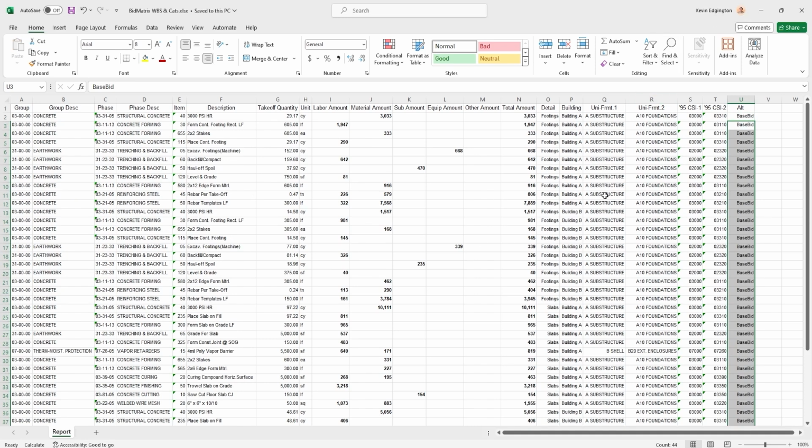So for me to be able to bring this in to bid metrics, it needs to know about these particular headings that may not be already set up. In my standard environment, it knows about the bid metrics and alternates and phases and items, since those are all the default ones. Anything beyond that, I'm going to have to set up. So that's where I'm going to head first.